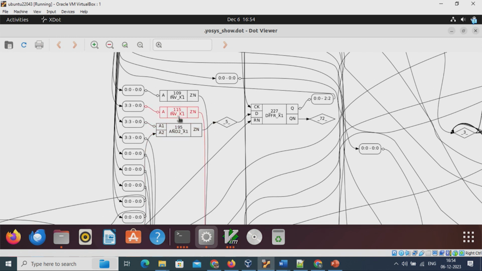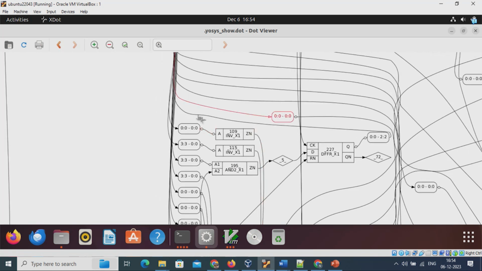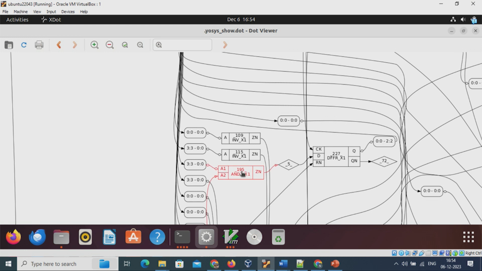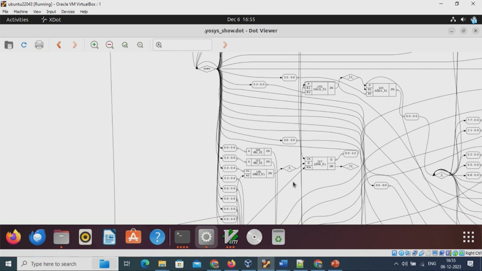you have inverter, AND gate. So, this is inverter, this is inverter, this is AND gate, this is D flip flop. So, all these are combined to implement the RTL what is written inside that map.v file. Okay. So, this is the final gate level netlist, the final gate level netlist generated from the open source tool